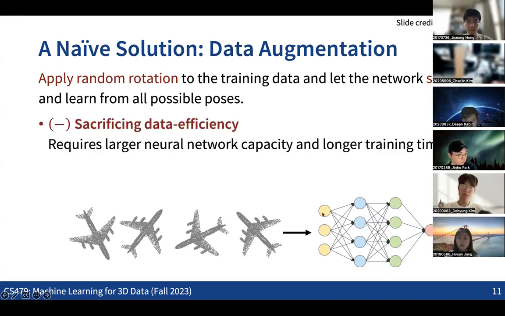Yeah, obviously the problem might be that there's no efficiency here, right? This is actually the case where we are populating the training data, augmenting it by increasing the size of the data to be learned in the training process. That means it requires a larger capacity neural net, because the neural net needs to memorize far more diversity of input data, and it will also take way longer training time. So that's the big limitation.